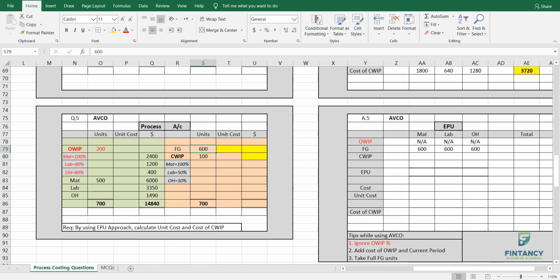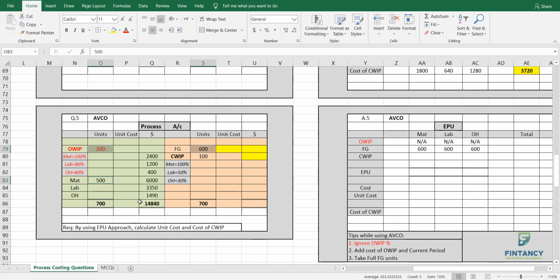This is the assumption actually. So see, I am highlighting these three now: 600, 200, 500. I am not concerned whether this 600 units is coming from those 200 units or 500 units. Definitely some of it will be from 200 and some of it will be from 500, but I don't care, because what method am I using? Weighted average method. Getting it? But when you use first in first out, the assumption will be that the 200 units which are coming in are part of these 600 units. So that we will see in first in first out.